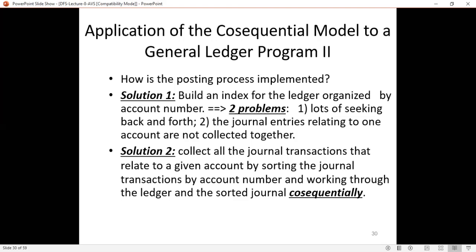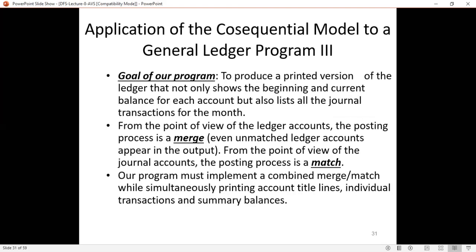That is the solution for this particular general ledger problem. The goal of our program was to produce a printed version of the ledger that not only shows the beginning and the current balance for each account, but also lists all the journal transactions for the month. That is our printed version with the header, transactions, and balance line for each account.